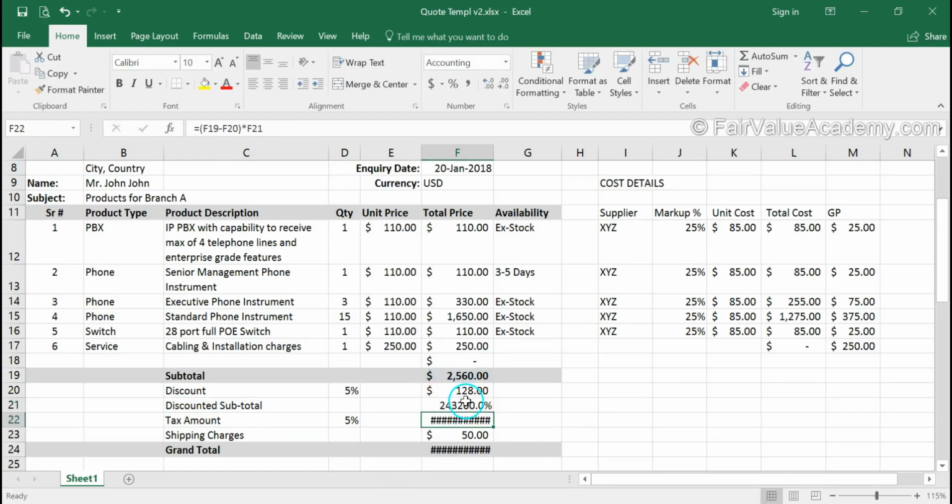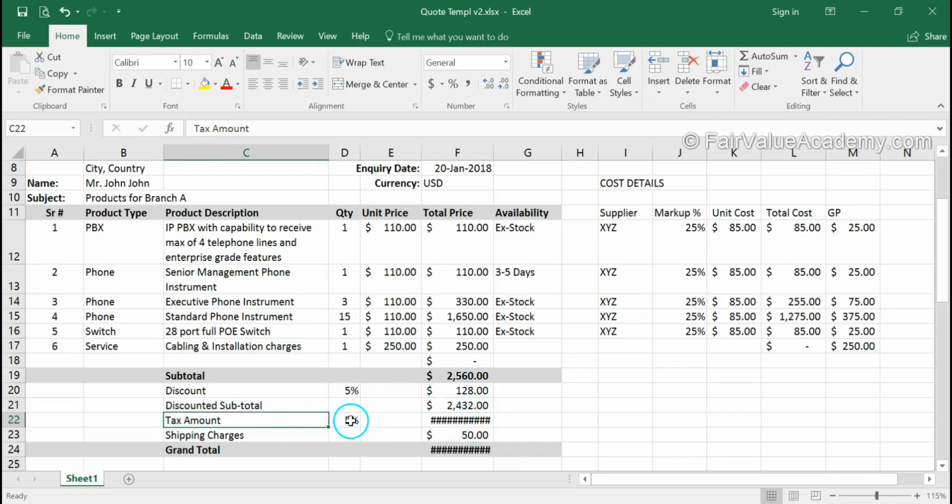See, the original formatting of this cell was percentage, so it has retained that. We are going to change it and use the dollar formatting for that. So discounted subtotal: sometimes the customer wants to know what is the discounted price which he is paying before tax and shipping charges. So this could be one method in which you can have that information.